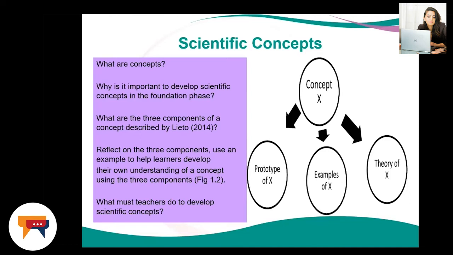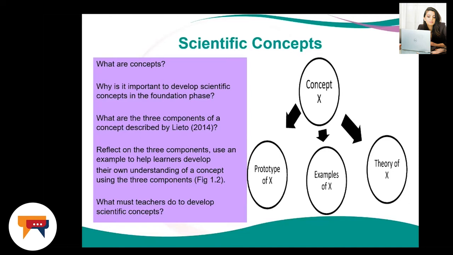Remember, learning takes place when children build up a representation, connections in their brain based on examples of a concept. They think, they reason, they use examples to develop a theory about the concept. And when children learn, they are basically trying to understand how we get to this type of understanding. So let's look at an example that was given in your study guide, in terms of components of the concept